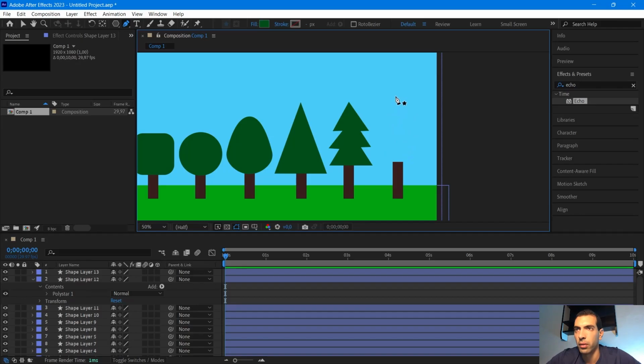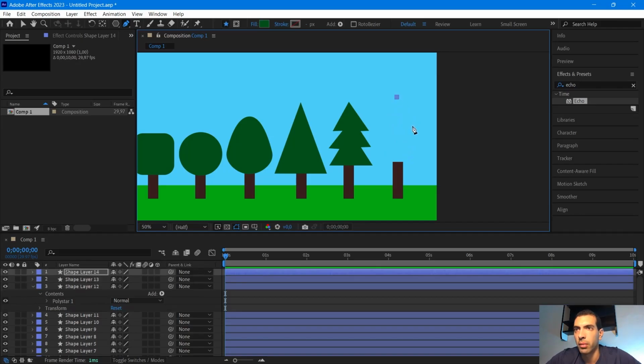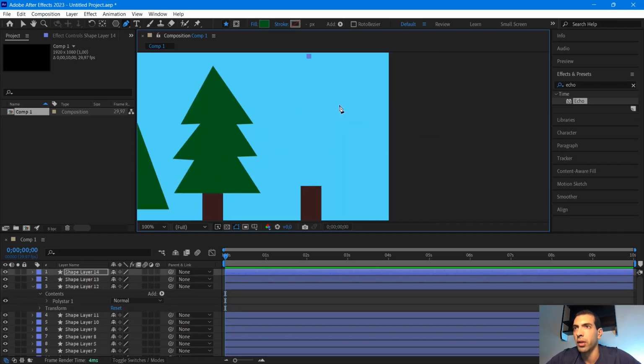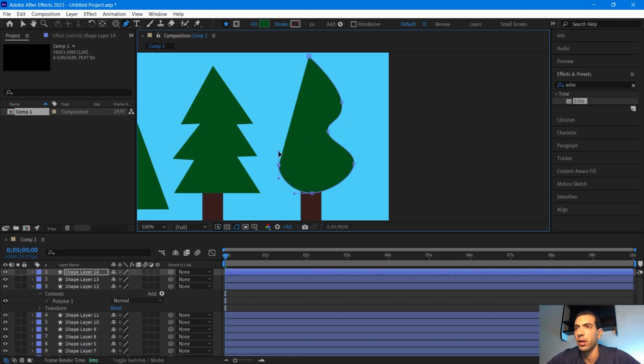Now I'm gonna start from here. I zoom in a little bit. I'm not gonna click, I'm gonna click and drag, and just like that create a curve. As you see, I'm gonna go here and click and drag, and I create a curve. Click and drag like this, click and drag like this, click and drag like this. I take it up,